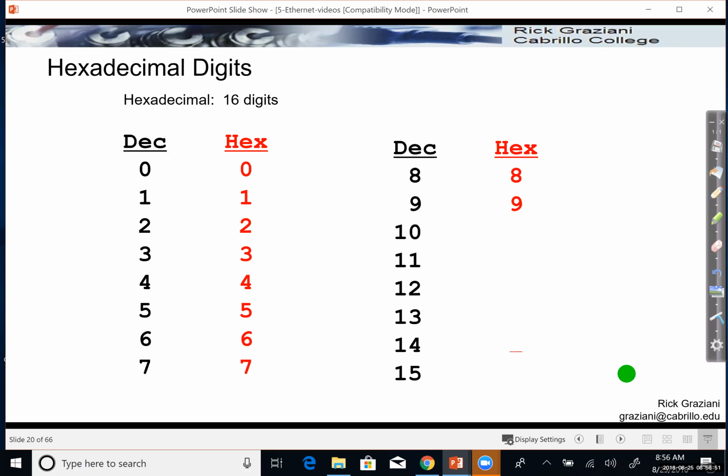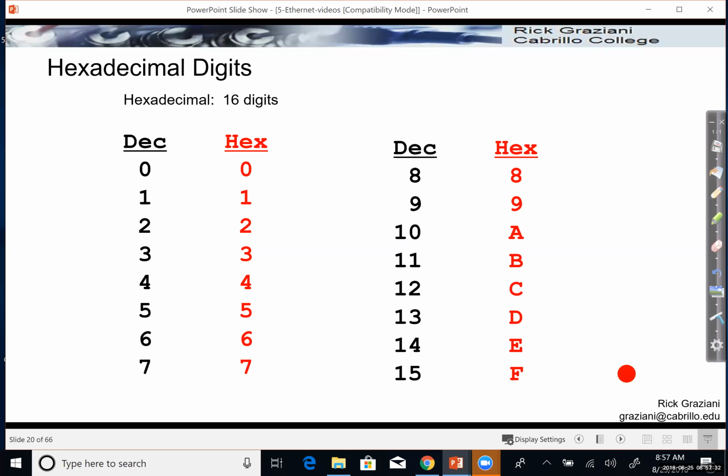We've run out of digits. In decimal, we have 10 digits, 0 through 9, including 0. But we need more digits for hex. 1, 2, 3, 4, 5, 6 more digits. So we need to use something. And definitely the best thing to use is another sequence we can remember. We don't want to use things like hashtag, pound sign, exclamation mark. We want to use something we can remember that already has a sequence. So let's use letters. A for 10, B for 11, C for 12, D for 13, E for 14, and